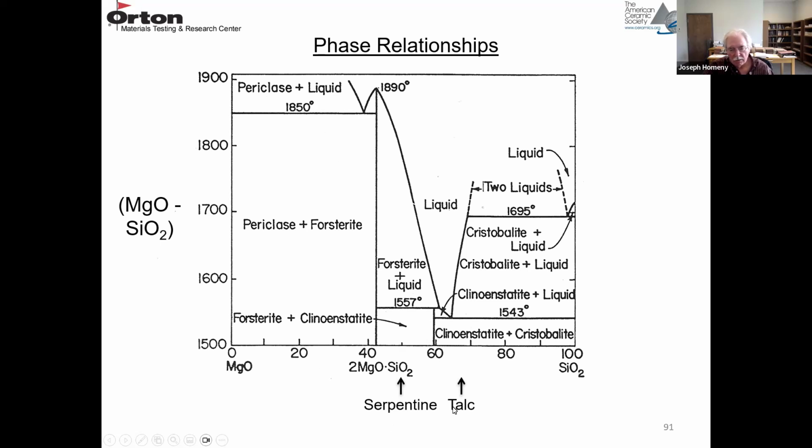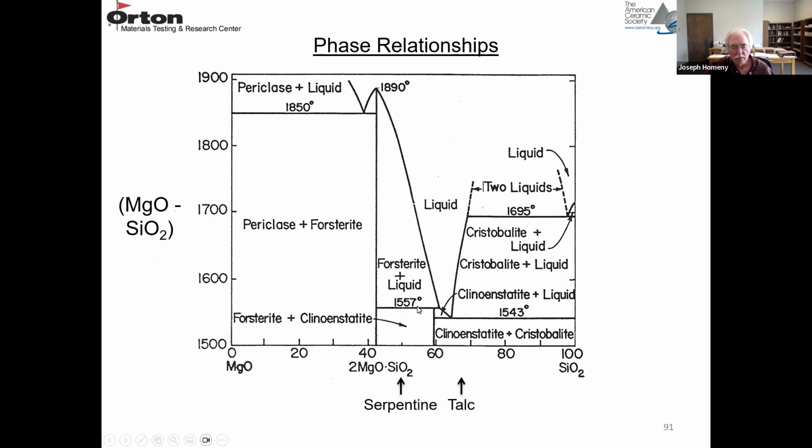Serpentine would be in this area, talc would be in this area. So at high temperature, the phases that are present are phosphorite and what's known as clinoansitite. Clinoansitite is MgO SiO2. It's right over here. I don't know why it's not shown on here, but it's a 1-to-1 ratio. But if you're to the right and you have impurities like serpentine,